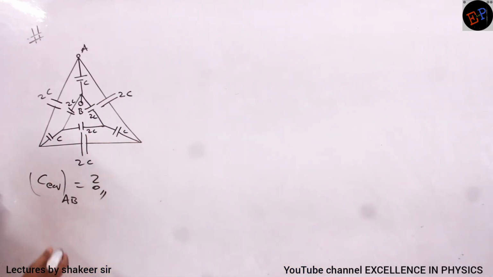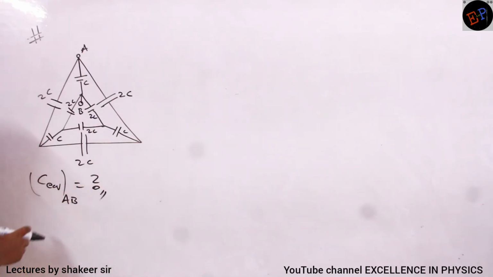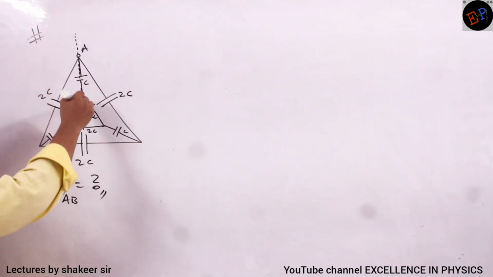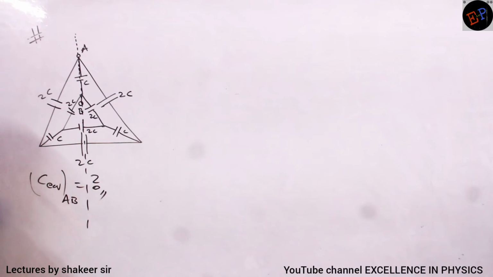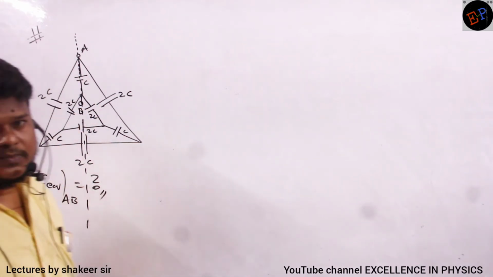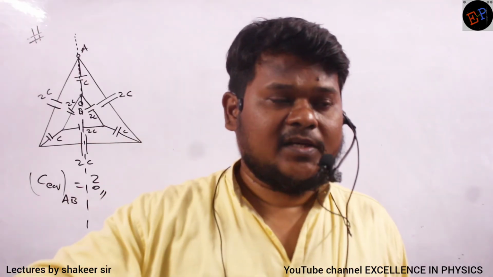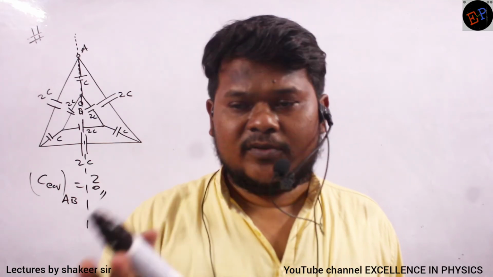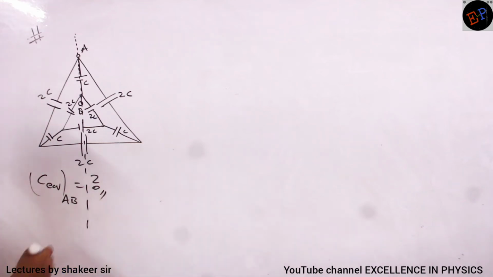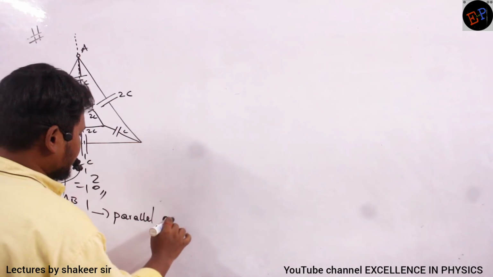Okay, see ma, the line which is passing through both the terminals is called the parallel axis, no? Okay, so this is the line which is passing through A and it is passing through B also. Able to understand? This line is not perpendicular to AB, ma. It is in the line of AB. It is parallel to AB. Therefore this line we can call the parallel axis theorem. Okay, sorry, not a theorem, ma. Parallel axis. This we can call the parallel axis.